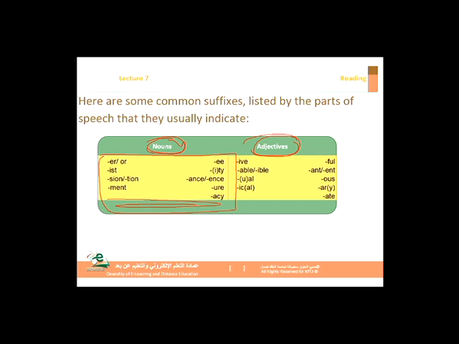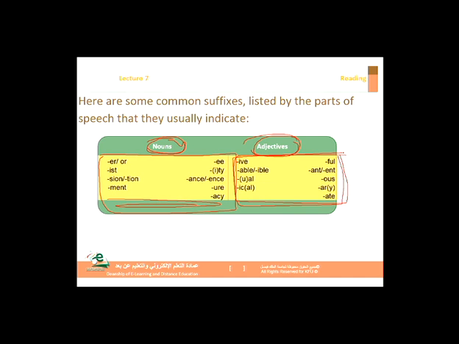Look at other words that end with these suffixes, or one of them, then you know that it's an adjective. So you can tell the part of speech of some words using suffixes. The suffixes will tell you that this is a noun, this is an adjective, or this is a verb, and so on. But here we only have some